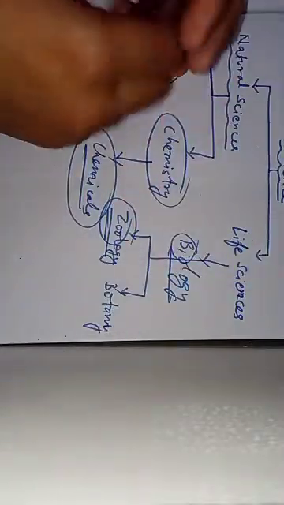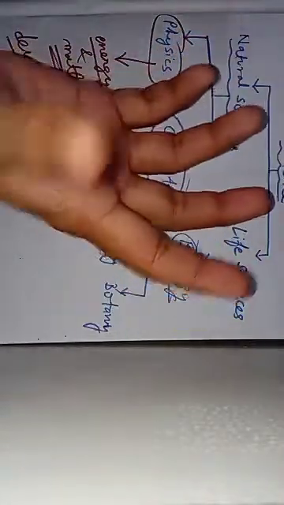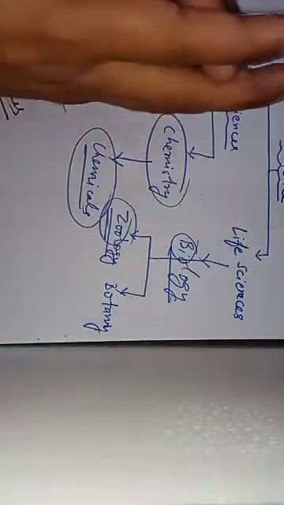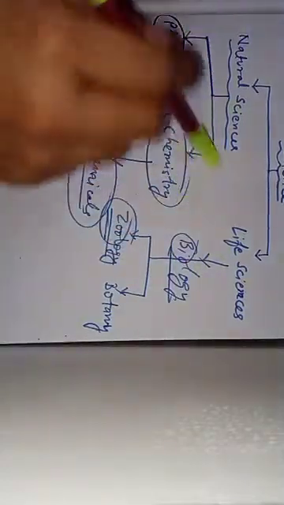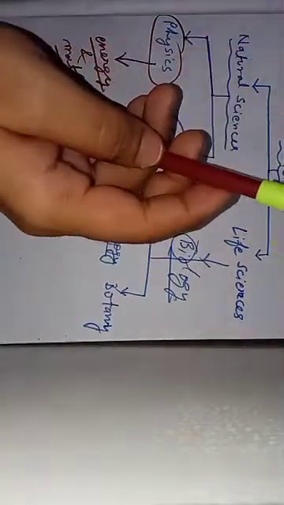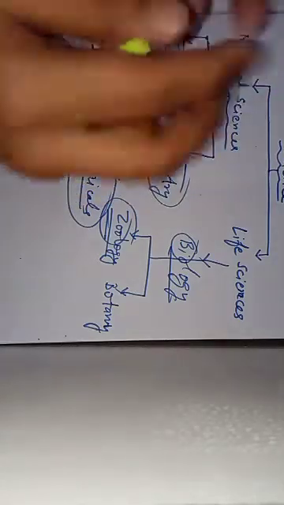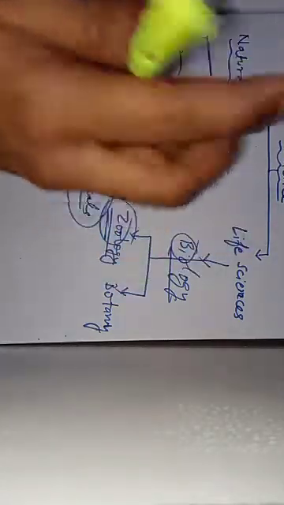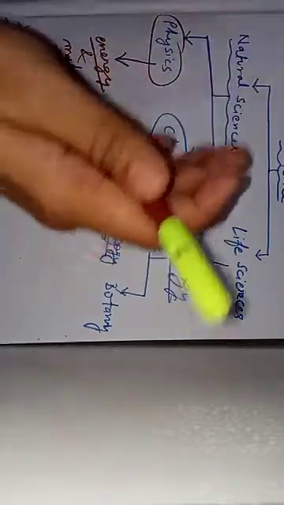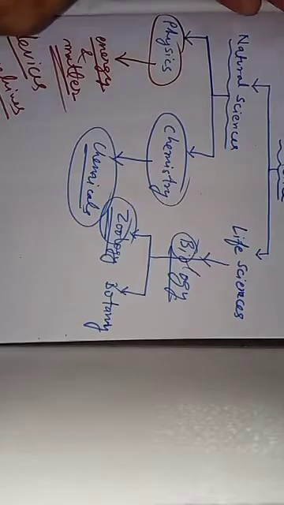And in biology, you study about life sciences. So if you want to become a doctor, if you want to choose the medical field, you have to develop expertise in biology and chemistry. If you want to become a scientist in the field of machines, and astronomy, and searching about planets and making different kinds of devices, inventing different kinds of machines, then you have to go for physics and mathematics.